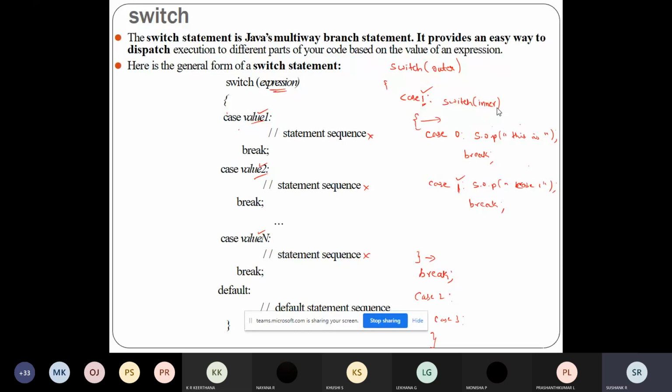See, the main thing about using switch is that it is used only for testing equality. It will only look for the match between the expression and the value. Whatever matches, those statements will be executed. Also, the switch is more efficient when compared to the if statement. So this is the working of the inner switch.